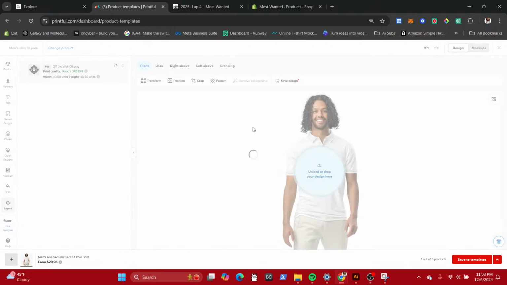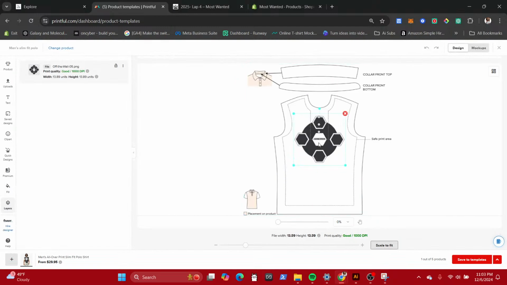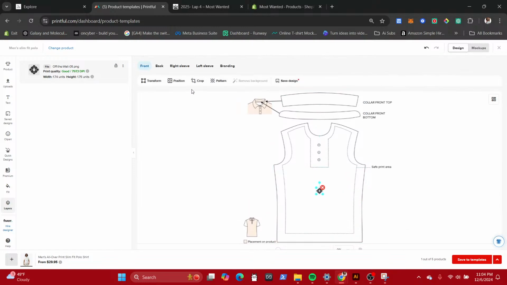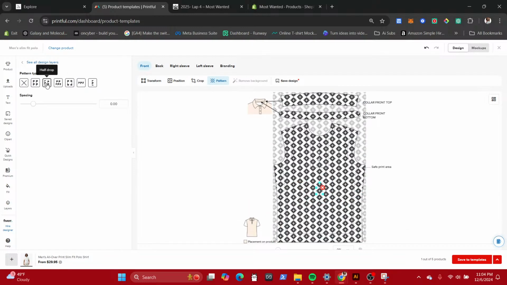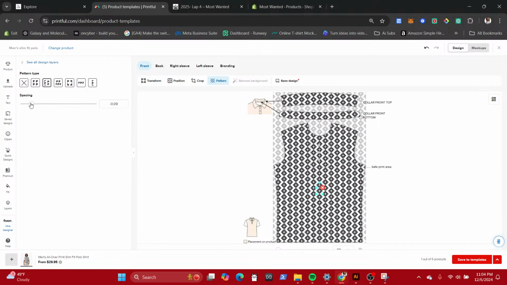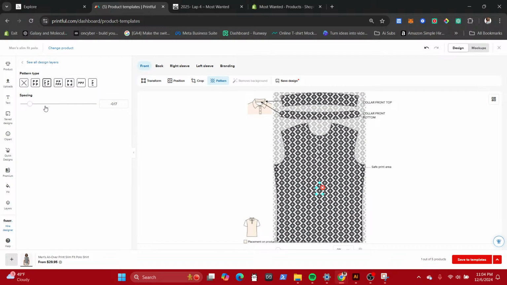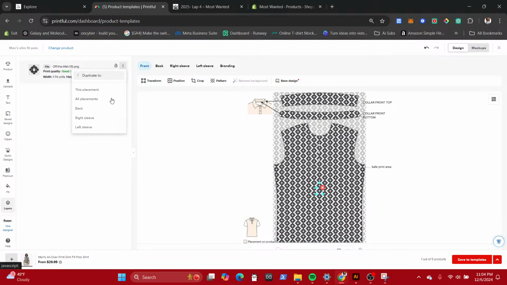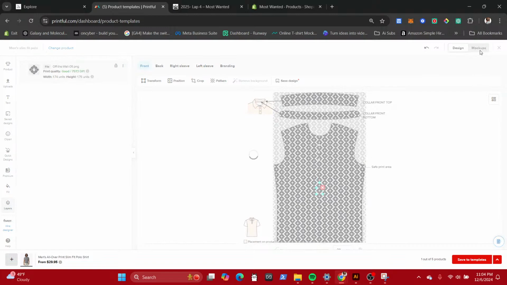So you can go into this, scale to fit, because we may just have to up the size. So pattern, second drip, bring it in, -19, -17, even -17, right? At that size, the difference is not making a difference, if you know what I mean. So place to all.